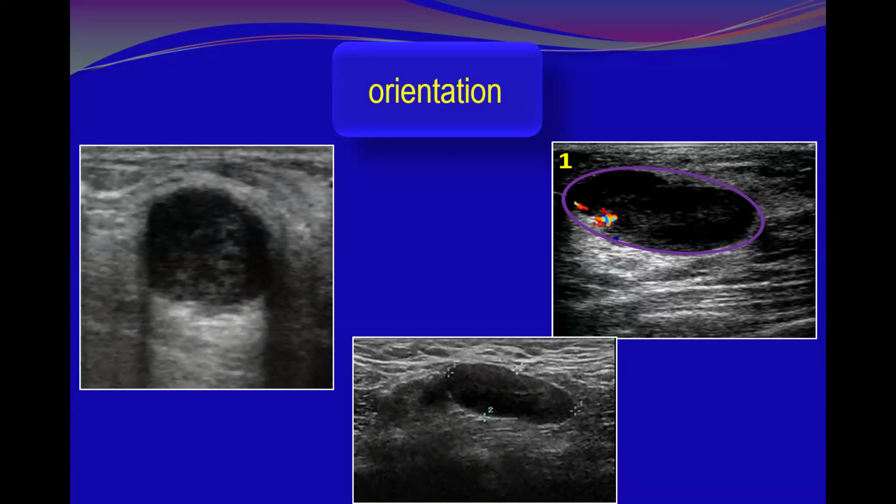Yes, okay. I'm talking regarding the orientation. How are you going to label it? To label the orientation of this lesion, or to classify or describe the orientation, what are the descriptors regarding the orientation of this lesion? Parallel. Who said parallel? 13. Excellent, 13. All the three are parallel?